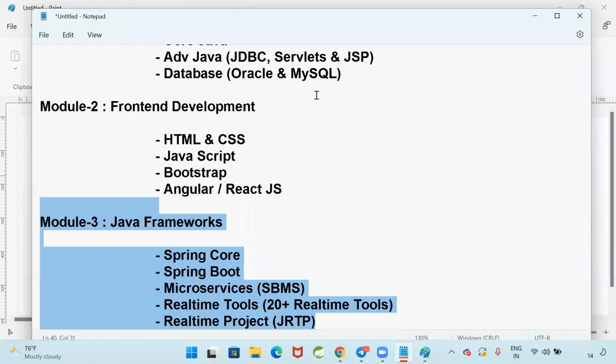As I told you, this is my first batch for Java full stack. My students were surprised: Sir, are you teaching core Java? I have not taught core Java in the last 6 years. This is the very first time I am teaching Java full stack development. This is a challenging batch. All the institutes in Ameerpet are also watching: Ashok has started full stack, how will it be? Will it be a success or will it fail? I want to prove that our batch is going to be a success. It is a personal batch for me, and it is my first batch. It is a challenge for me.